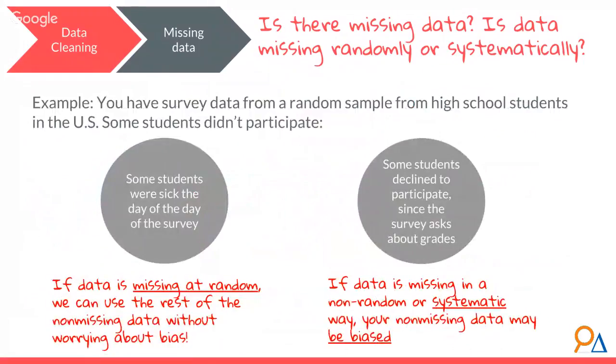So here's a quick example. Let's try to understand a little bit more about the types of missing data that we have. You have survey data from a random sample of high school students in the US. Some students did not participate. Some students were sick the day of the survey. And we have another type of missing data. Some students declined to participate since the survey asks about grades. So in the first